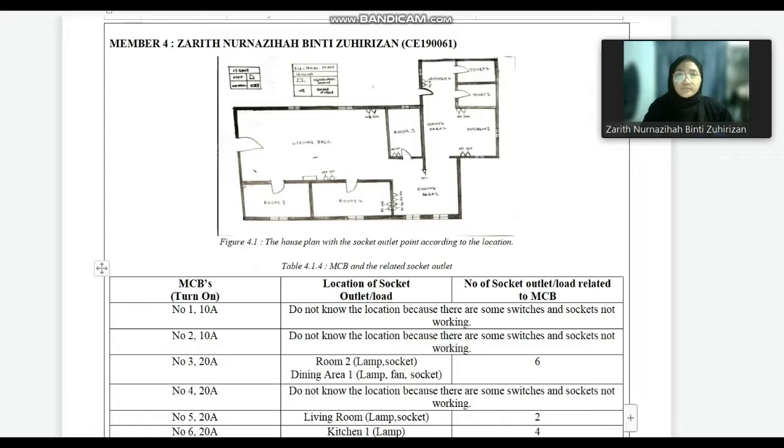Okay. In figure 4.1, the layout plan with the socket outlets put according to the location. So this is the layout at my home. Okay, in this experiment,